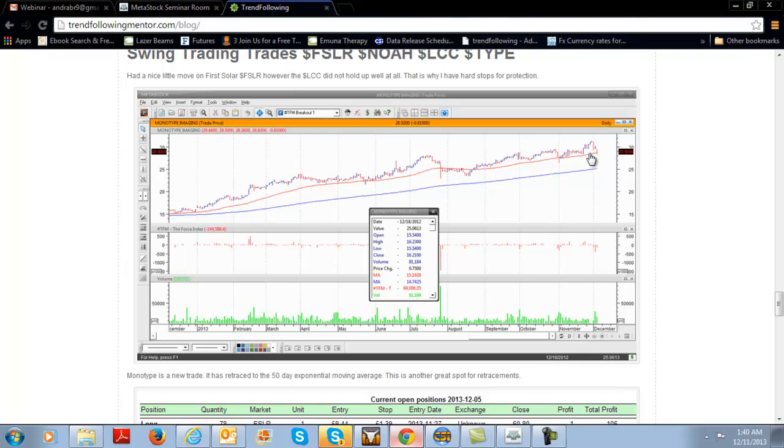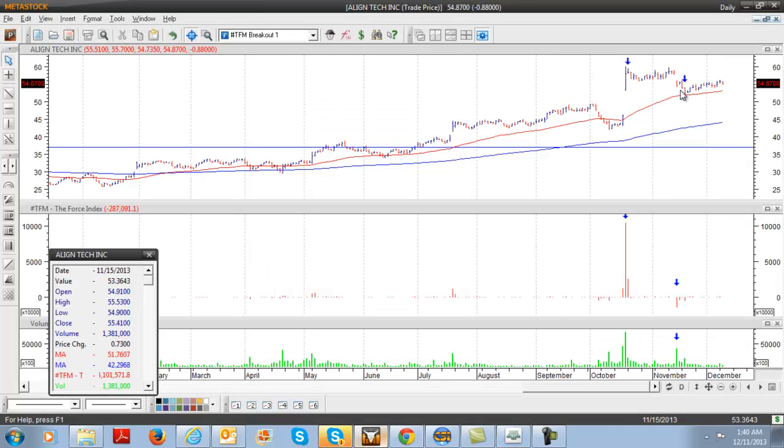This one we'll get to. I think it was called Type or something. But here, let's go back. I took this trade. Had a lot of reasons to take it. Look at the volume going into this one. Huge. And then it sold off and it hit that 50 exponential moving average. So I said, okay, if it breaks out the high of it, I'm willing to see what happens. And that's it. And I'm looking to take a small profit because I'm very skeptical of this market where we're